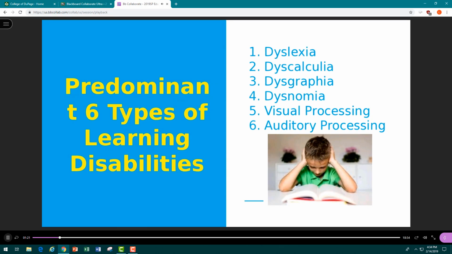Now, another thing I have to point out, as you may or may not recall, in your categories of special education, the only disability that has a word in front of it that says specific. There's not specific intellectual disabilities, specific autism, but there is specific learning disabilities. So you've got to be acquainted with these 6 types. There may be some other types, but these are the ones that you're going to run into 90+% of the time. Okay, so